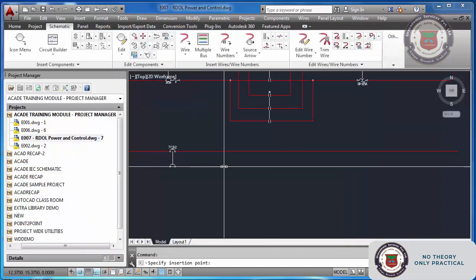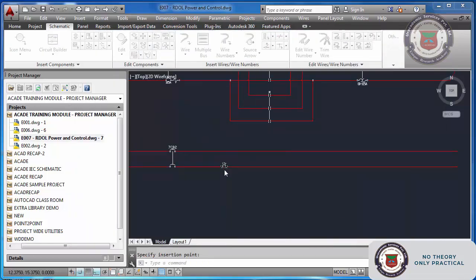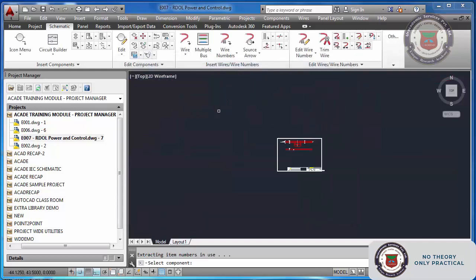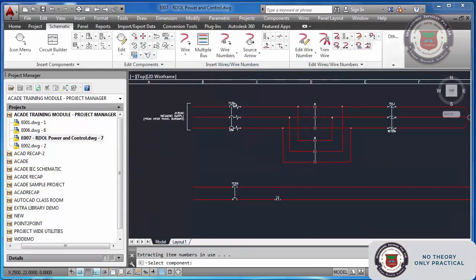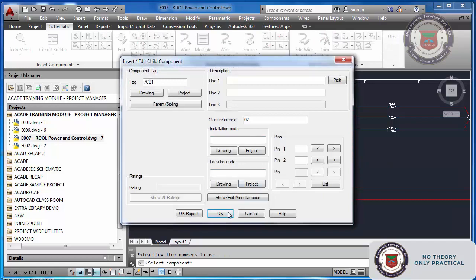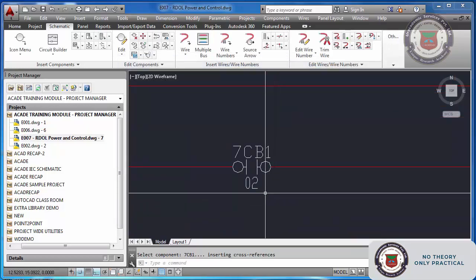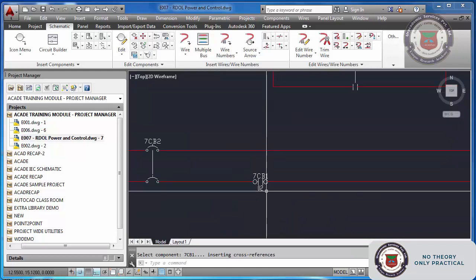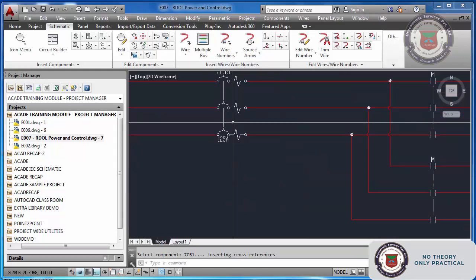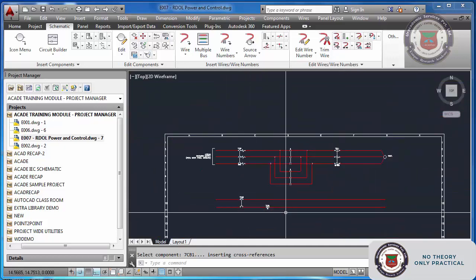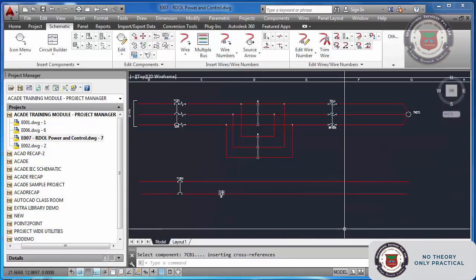I will put one auxiliary contact here, and that should be of the main circuit breaker. So I will select this option, parent, and go and pick this one. Okay, this is the power auxiliary contact of this 7CB1. I have inserted that here.